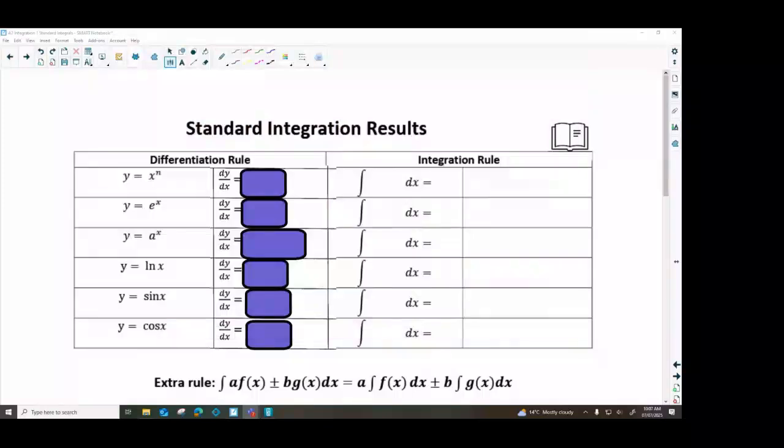Okay, so what I'm going to do now is start some A2 integration. Earlier on in this second year, you have met a bunch of new rules for differentiation. Because integration is the reverse of differentiation, anytime there is a differentiation rule, there is a corresponding integration rule, which is the reverse of that. So all I'm going to do today is give you 6 basic, I suppose, 1 mark integration rules, one of